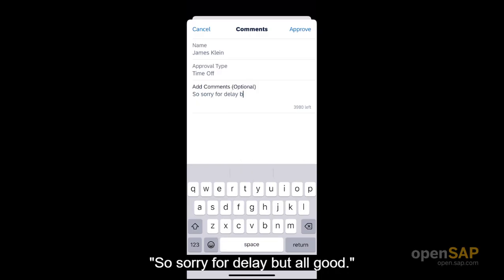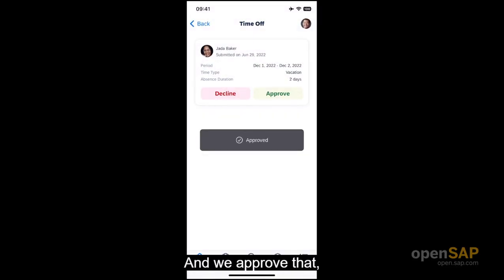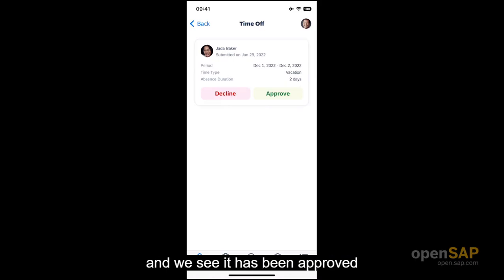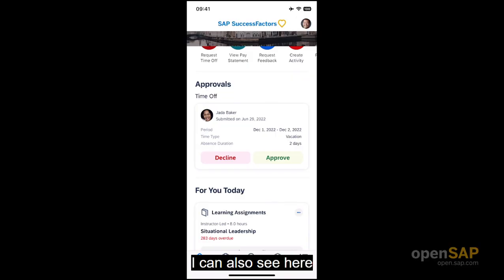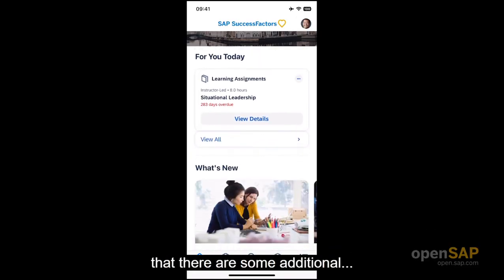But all good. Fine. And we approve, done. And we see it has been approved, and there is only one additional approval that is there. I can also see here that there are some additional